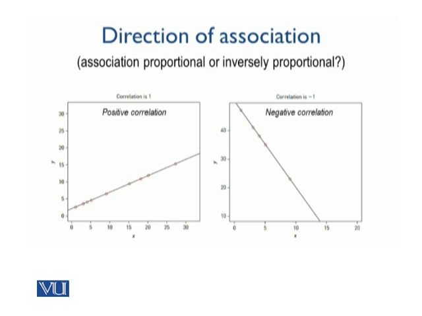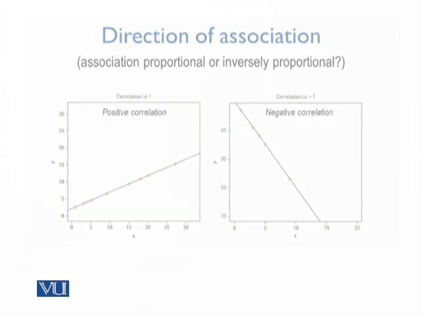When you have a perfect correlation, all of the points actually line up on a line. So as you can see, in the positive correlation, all the points are coming on a line, and the slope of this line is going up as it moves towards the right-hand side. For the negative correlation, if you have a perfect correlation, all the points would be on a line, and the slope of this line would be going downwards.